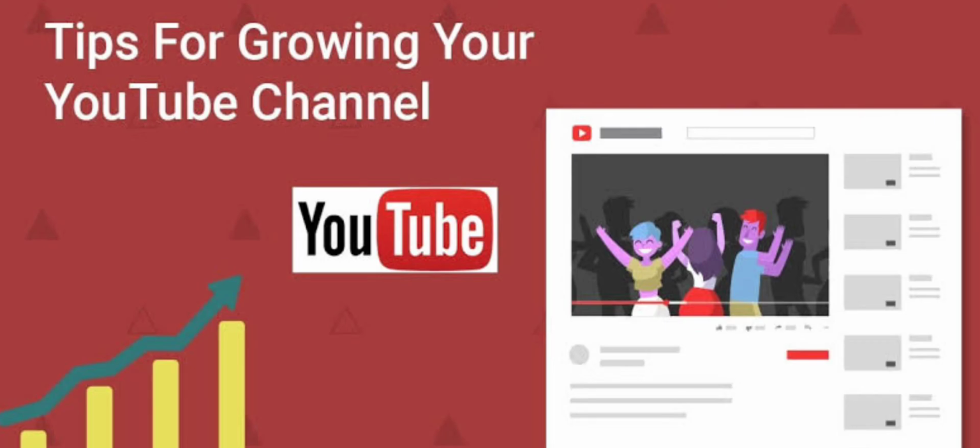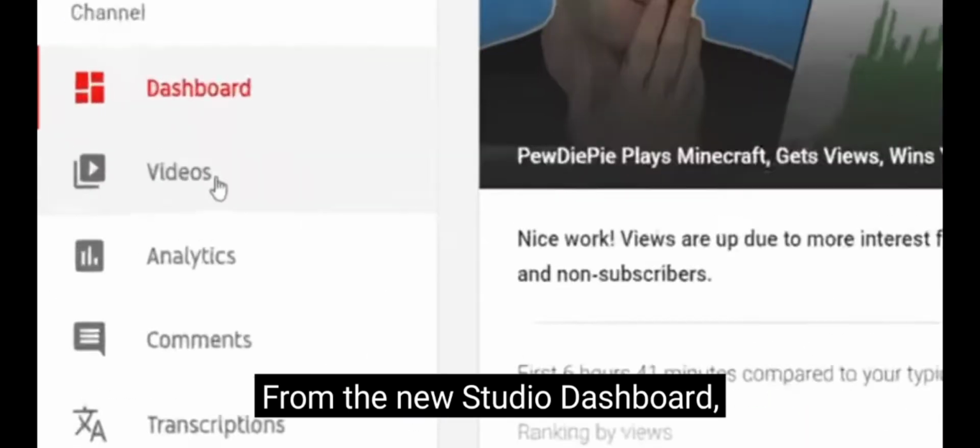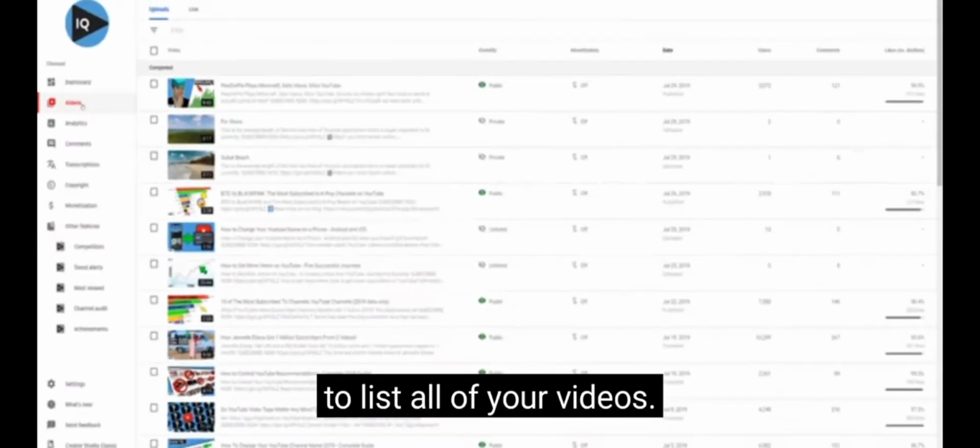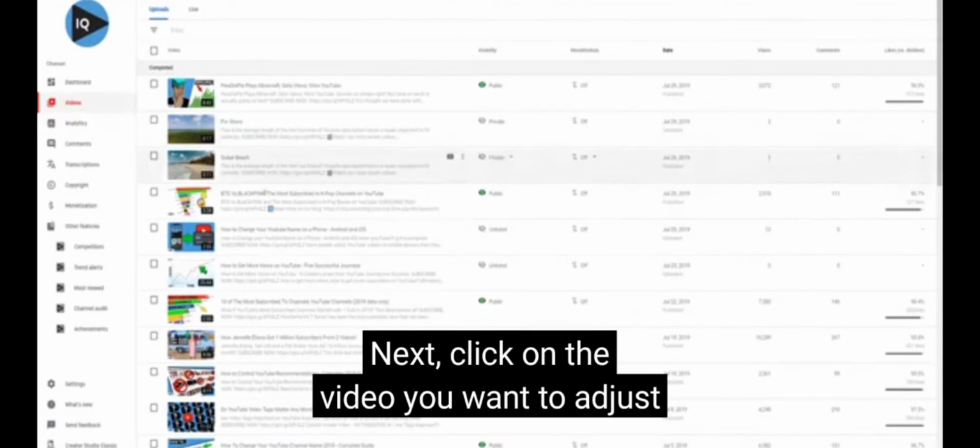Making changes to your upload default settings will affect all the videos you upload in the future. But what about those that are already on YouTube? Well, you can make changes to them on an individual basis. From the new Studio dashboard, click on the videos link in the left-hand navigation bar to list all of your videos. Next, click on the video you want to adjust, and on the first page you will see the title,